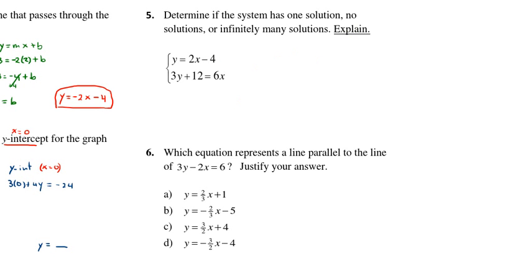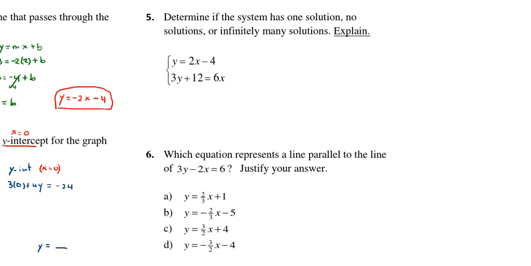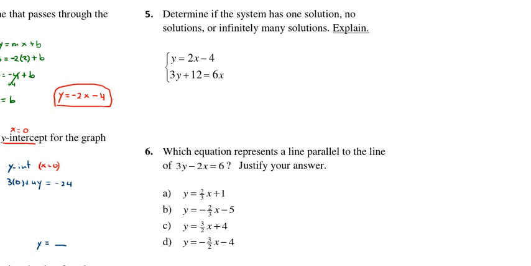So the point is not to graph, but just to be able to determine whether this has one solution, no solutions, or infinitely many solutions without graphing. So the only thing that we're going to do is compare the two equations and see what are the characteristics that this system has to see which one of the three cases